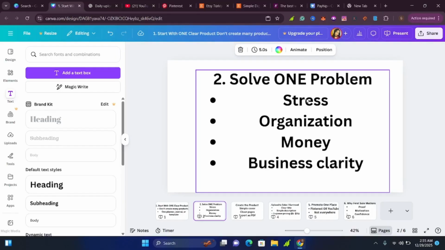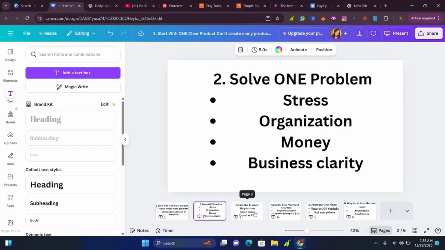Remember, anybody who is buying your product is buying it so that they can solve a specific problem in their life. So if your digital product is not solving any problem, nobody's going to buy it. That's the honest truth. Nobody's going to buy something that is not going to solve their problem. Yes, and you can choose from stress, organizing. You can choose something in relationships, in money and finances. So it will depend on you, as long as you are clear on what problem you are going to solve